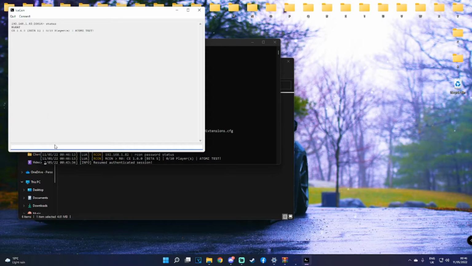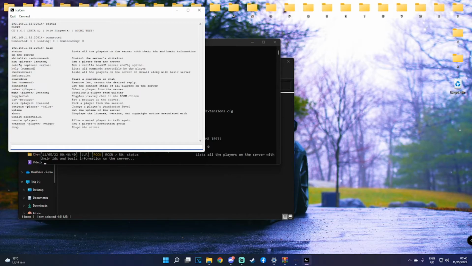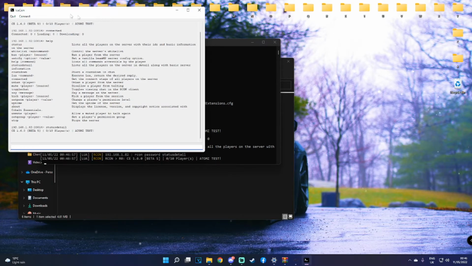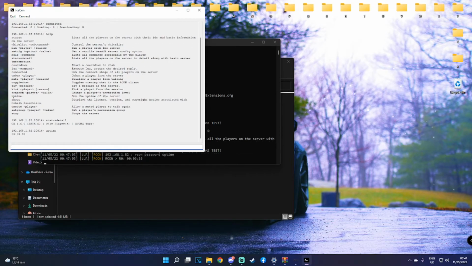So now if we type something like connected, it shows who's connecting, who's loading, who's downloading mods, all that kind of stuff. And in fact, if we type help, it will give us a list of commands, but we can put kick. Here we are, status on the server, whitelist, ban, set CFG, help, obviously, status detail, so obviously it would show us stuff about people, uptime, so uptime, yeah,